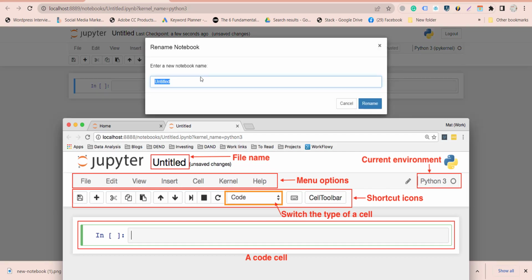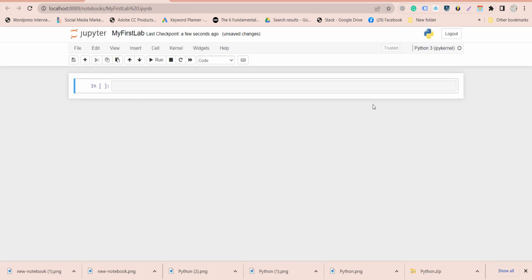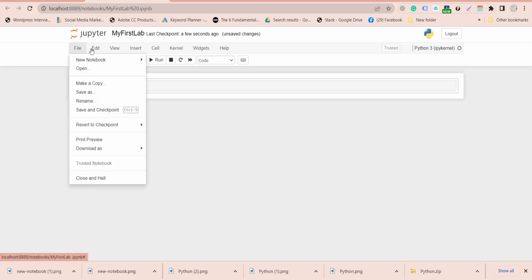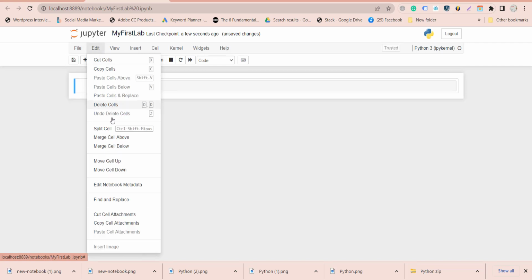interface. So this is the entire file. It's my first project. First lab. Yeah, so we'll rename it. This is the interface of Jupyter Lab, and I will show you some Python code. This is basically the menu. You can click on files, add and save files, download files, and there are a lot of options. I will explain it further in other videos as well when you work with